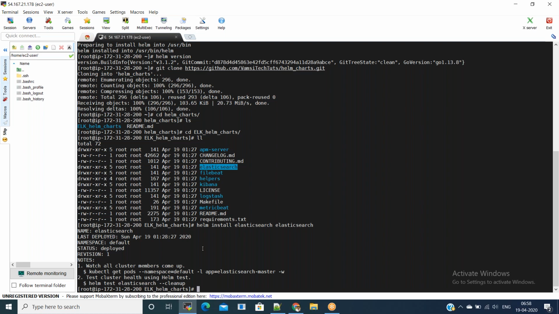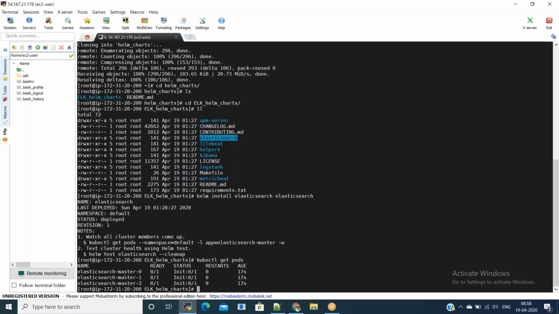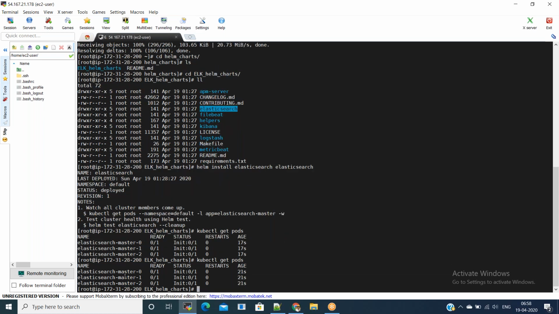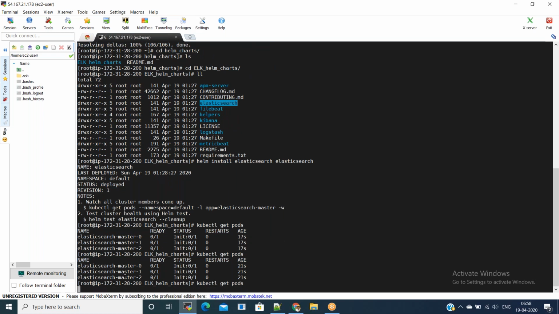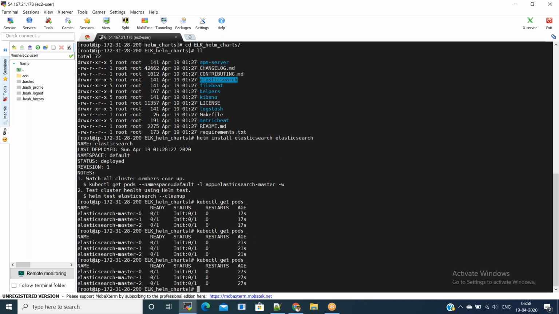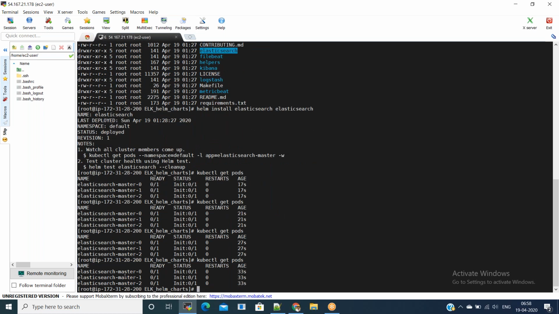And if you see, it is showing our Elasticsearch is being deployed to namespace default. You can see the pods and deployments which are running. Three nodes are coming: Elasticsearch master 0, master 1, master 2, and they are not ready yet.